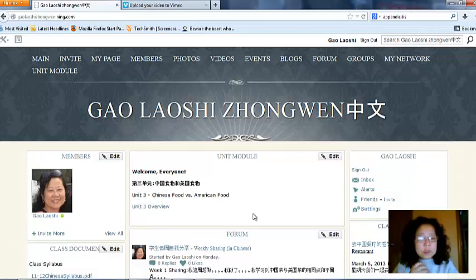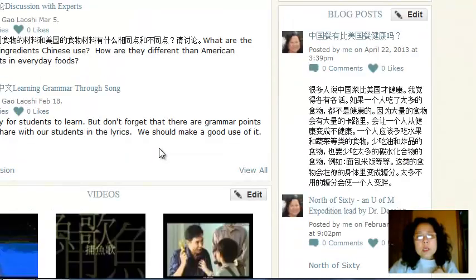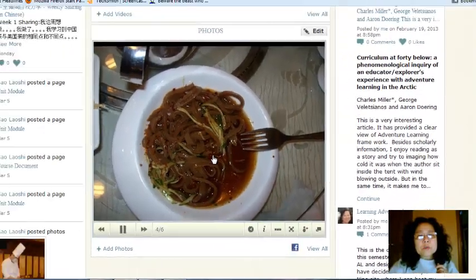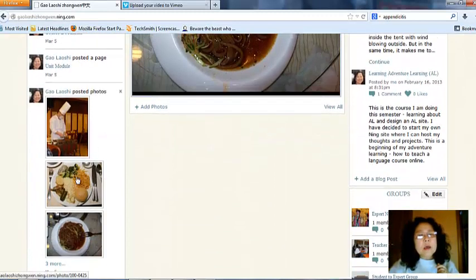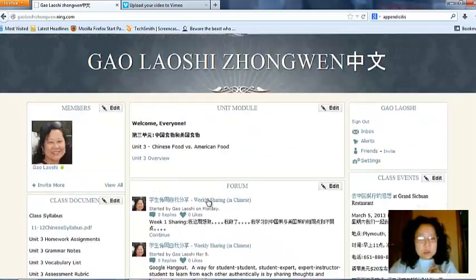And I also use media artifacts because I ask students to upload photos and videos. Here, myself, I upload some authentic cooking step by step and some pictures. And here are some pictures that I took a couple years ago when I took my students to China. That's what we were eating in Beijing, actually. So that's a place where we are able to use media to share with each other.